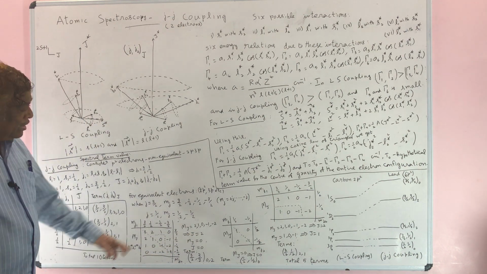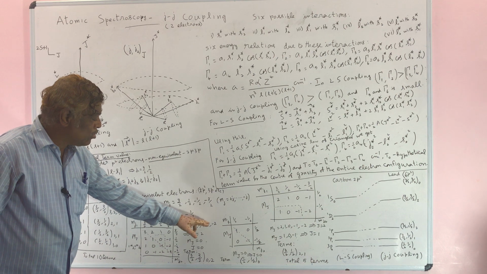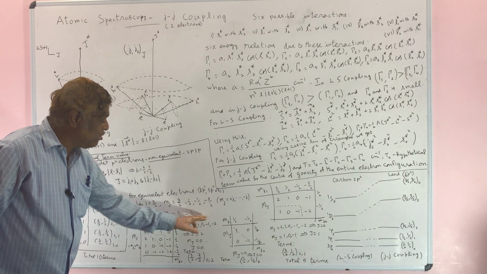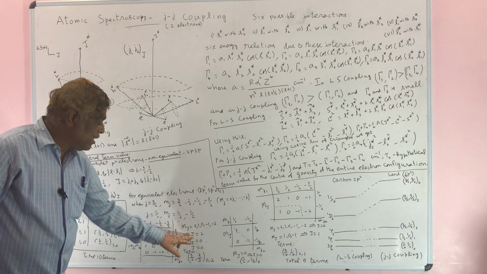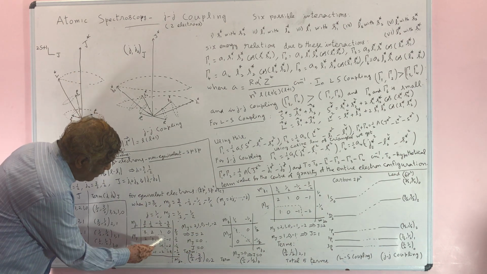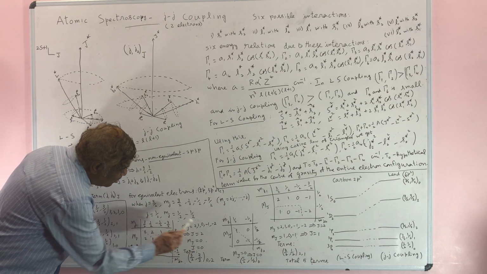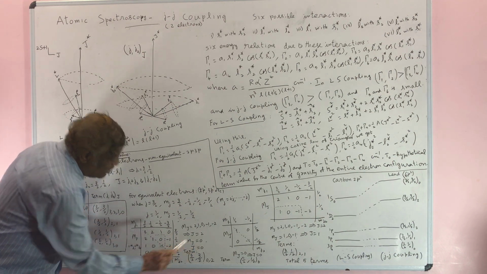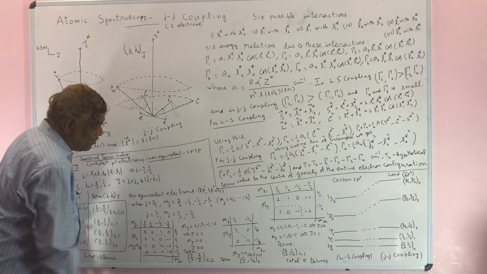Then only Mj varies from plus J to minus J: 2, 1, 0, minus 1. If Mj is equal to this value, this corresponds to capital J equal to 2. The remaining number is J equal to 0, so Mj is equal to 0. That means J is equal to 0, the only possibility. So when J is equal to 0, Mj is equal to 0.